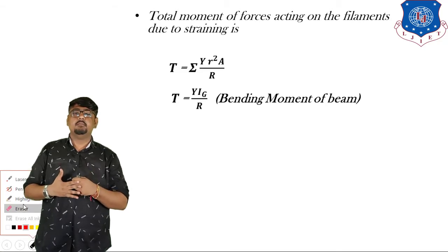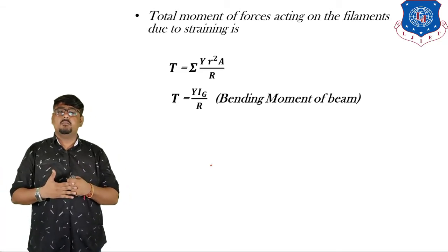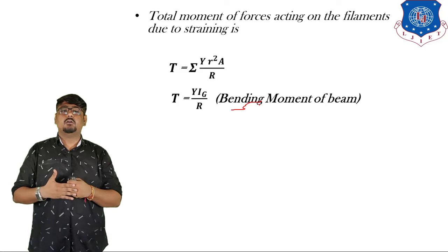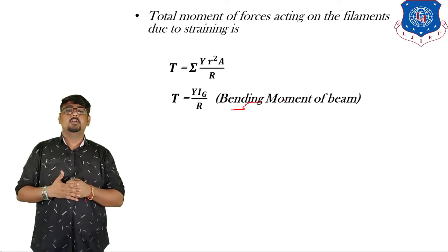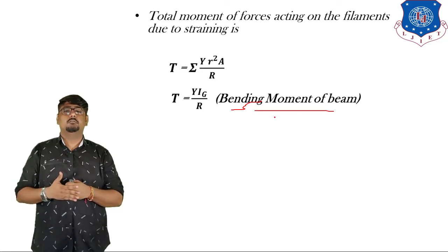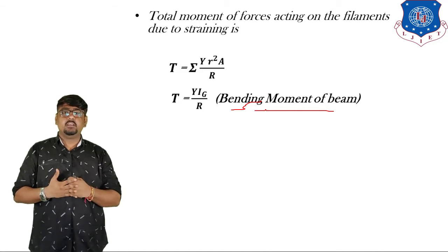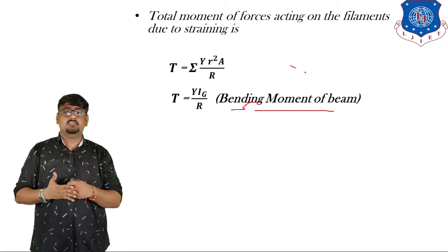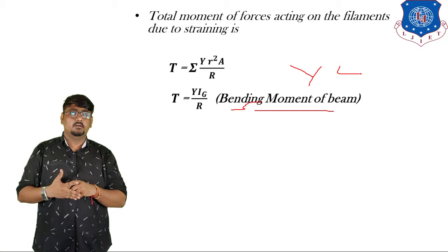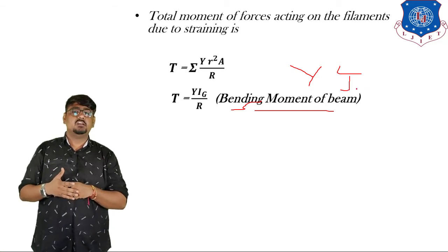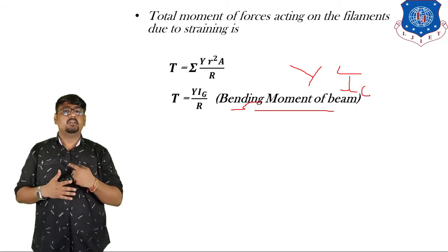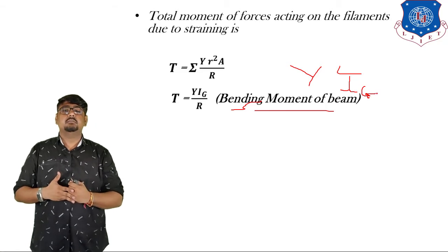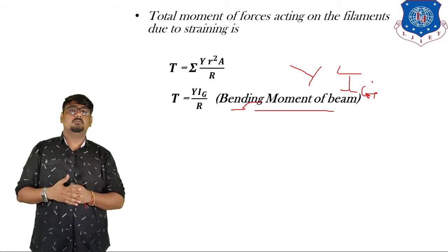Okay, in equilibrium, the bending moment of a beam is equal and opposite to the moment of the bending couple due to the load on one end. And the quantity over here, Y into Ig, that is the numerator, Young's modulus into geometrical moment of inertia, is termed the flexural rigidity of the beam.